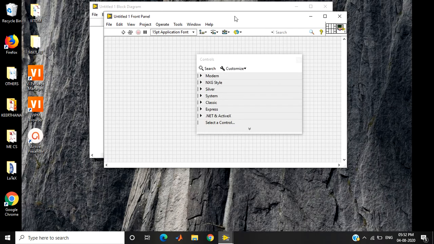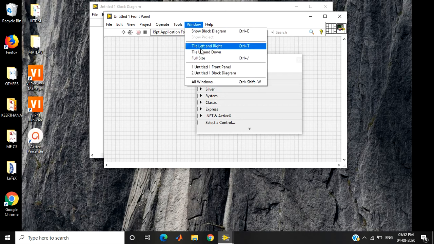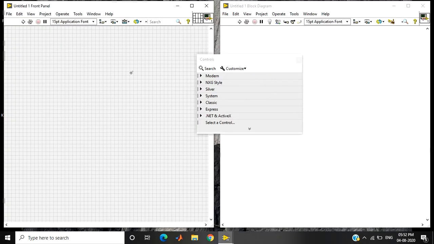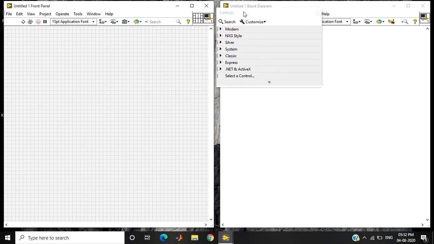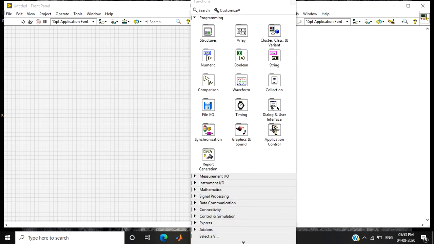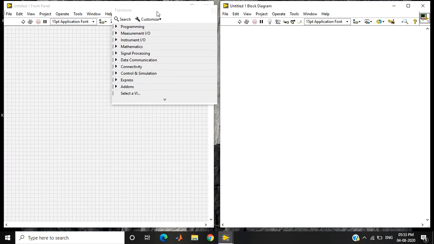It will be helpful to see both front panel and block diagram at the same time. For that, click Window, select Tile Left and Right. So you get the control palette for your front panel and the functions palette for your block diagram window.